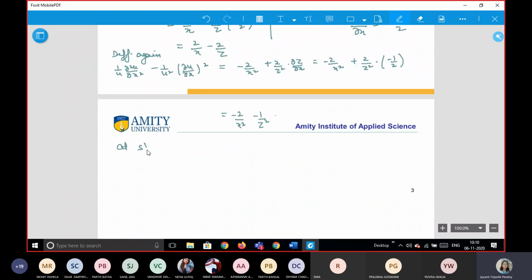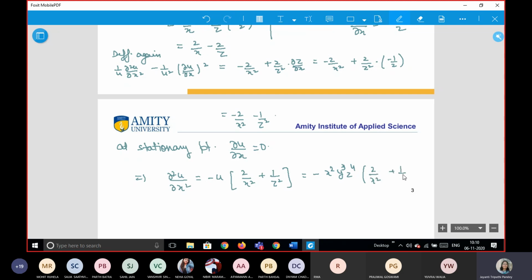Now at stationary point, now if you check this entire thing is less than 0 at a by 9. Okay? Yes or no? That means u is,